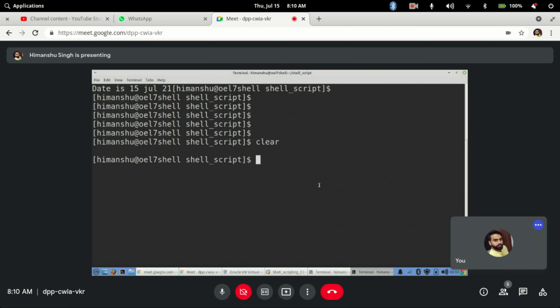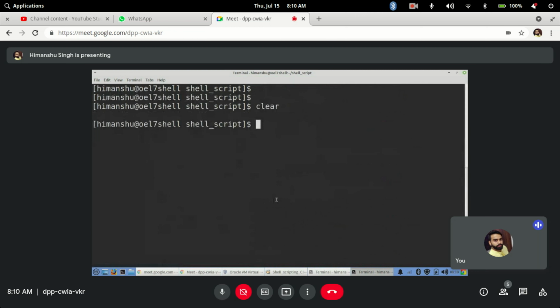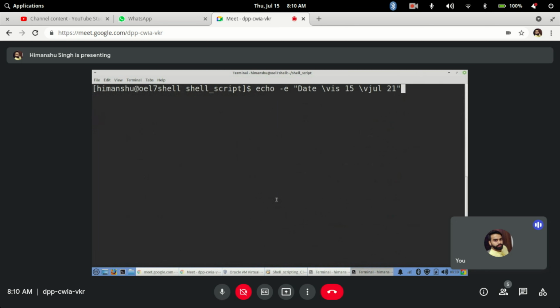Before I start variables, so just now what I was showing you, we were using double quotes everywhere, right? Echo double quotes. Now there are a few more quotes with echo that you can use, and that are quite useful. They are called back quotes. These back quotes are on your tilde key, below your escape key. So these are called back quotes.